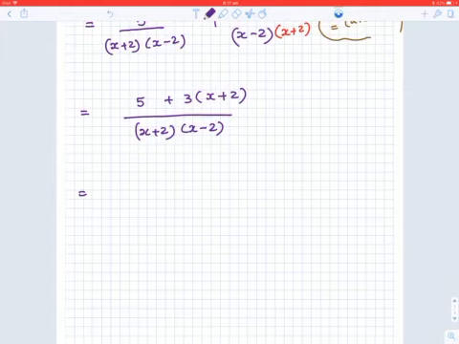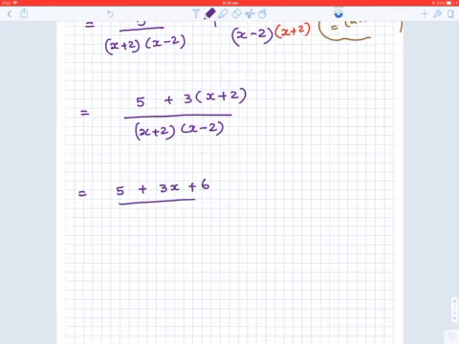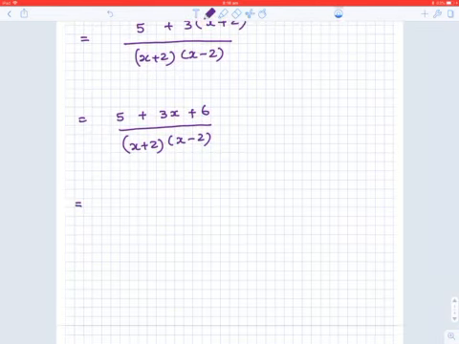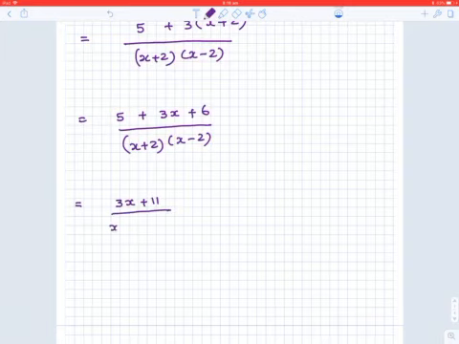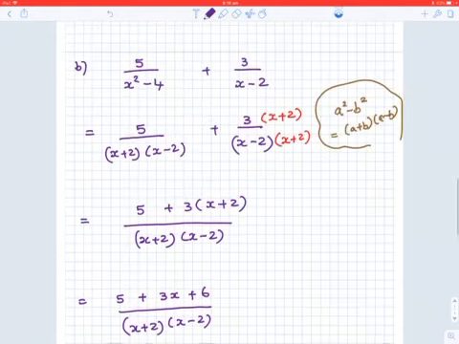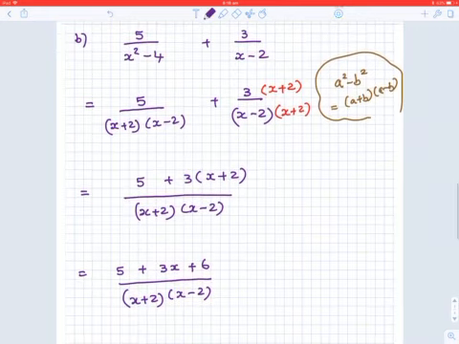Now all I need to do is expand the bracket in the numerator first, which means 5 plus 3x plus 6, over the denominator, which is just (x plus 2)(x minus 2). Now you have to collect the like terms in the numerator, which gives you (3x plus 11) divided by (x plus 2) times (x minus 2). Okay, this is the simplified